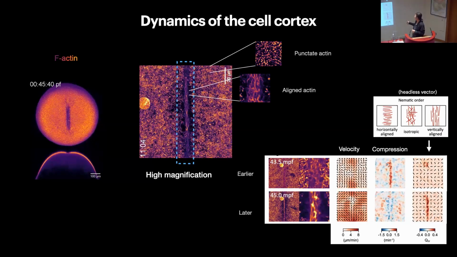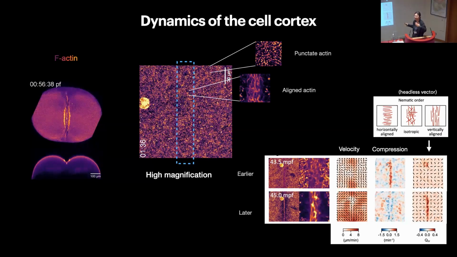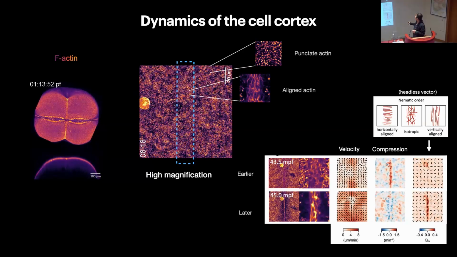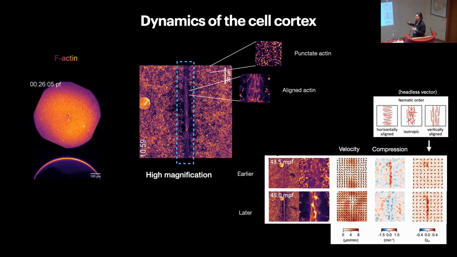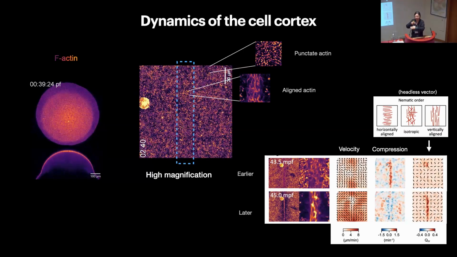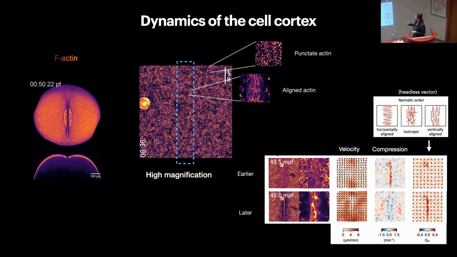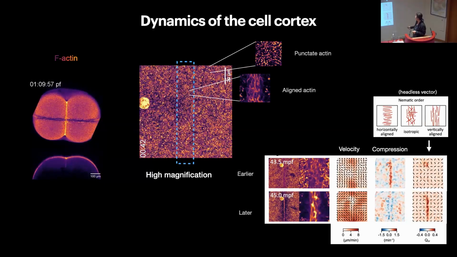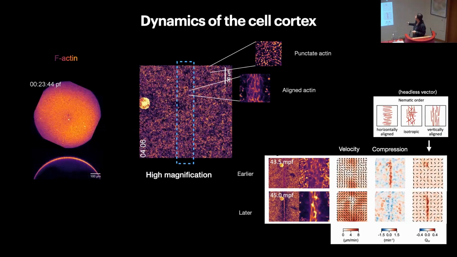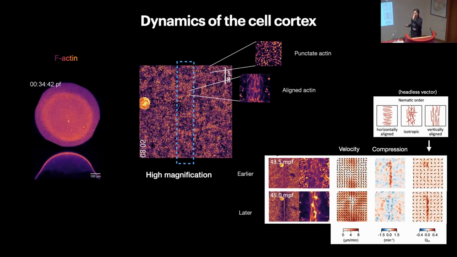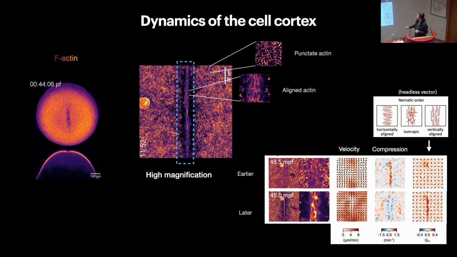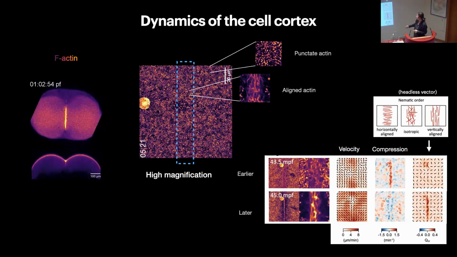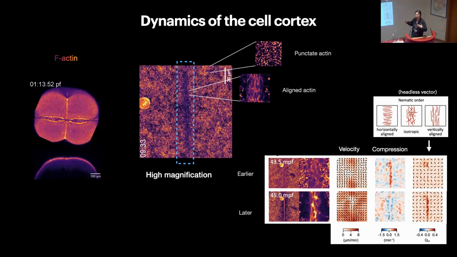If you're not already familiar, it's just kind of a headless vector that tells you how aligned the actin fibers are. So if it's isotropic, which means the orientations are entirely random, then the nematic order will be 0. And then here we look at the QYY component, which means this is positive if the actins are aligned in the vertical direction. So here, by processing snapshots of these images, we can see that this is before this actin